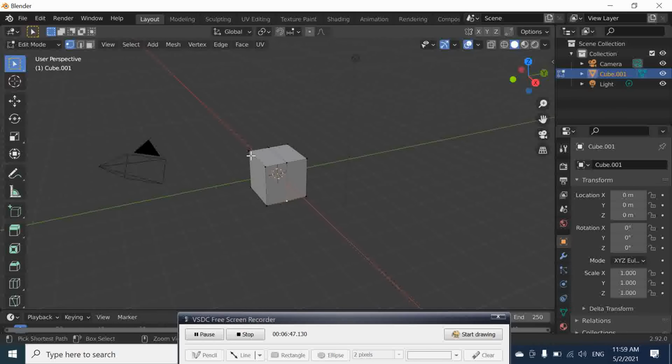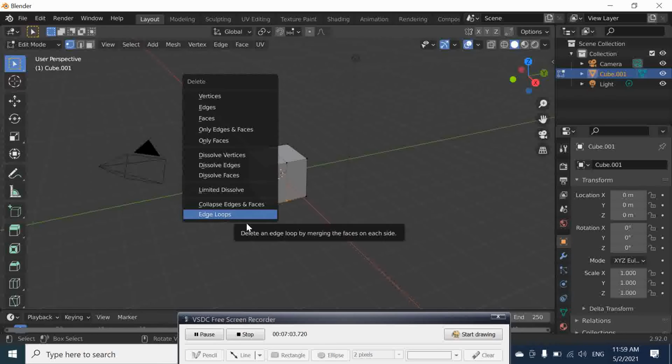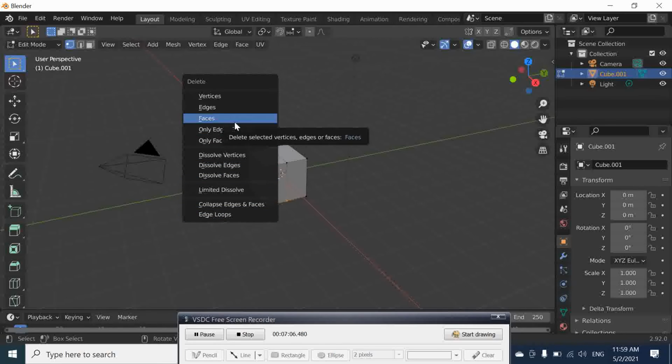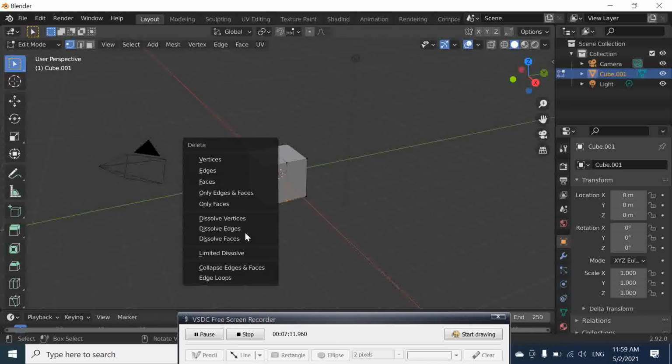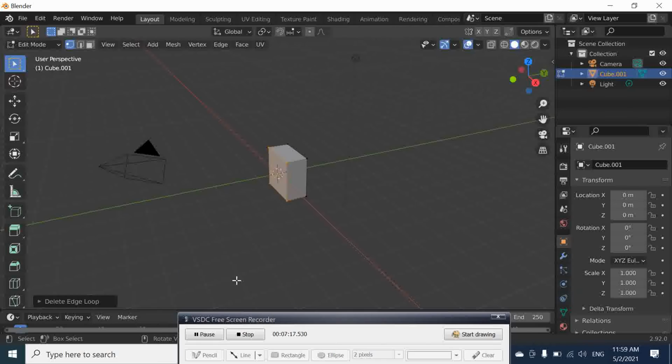We want to be able to select only the face, right? We want to delete the face. Now we go again to here and delete face. That face is deleted. If we go back and press again X, and here we go to Edge Loop. Now you can see that while deleting the face, the half of the object where we put our cut is deleted. So this is what I wanted to show here.